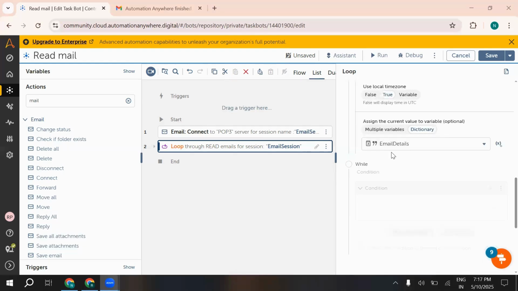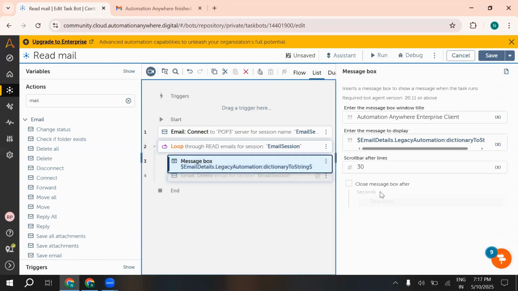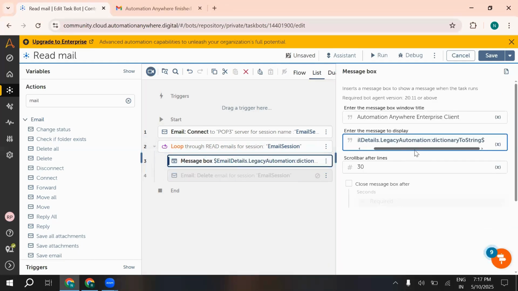It is very important in which variable we can see all the email detail information. So our answer should be in a dictionary variable, or otherwise you can create multiple variables also. As of now, I have created an email detail dictionary variable, and inside the loop I have taken one message box. If you want to see which details the automation email provides in the email detail dictionary variable, we can